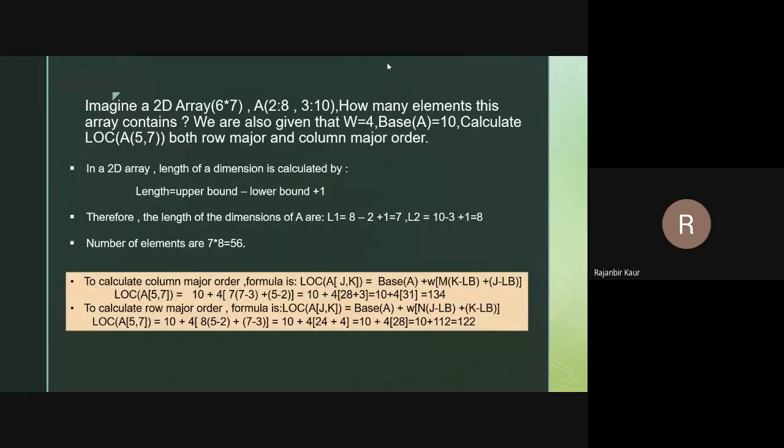Therefore, after doing the calculation on the 2:8 part, we get the row length. But if we get the row length by calculating the dimension 2:8, the row length should mean the number of columns. The elements in a row should be the number of columns, right? Here the row length is equal to, after calculating the 2:8 length, m comma n.